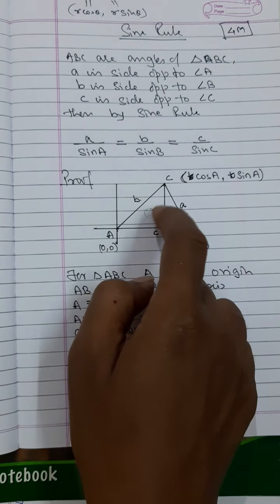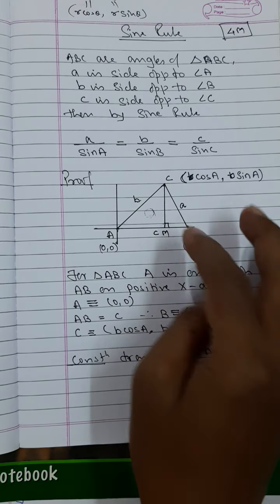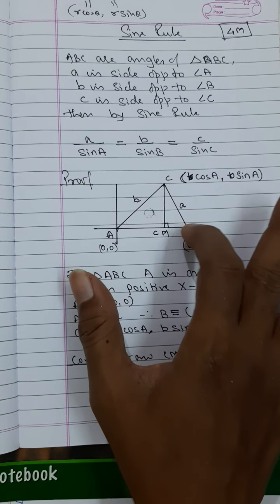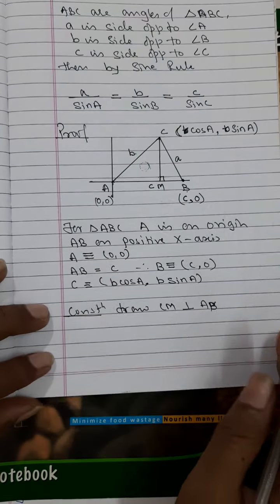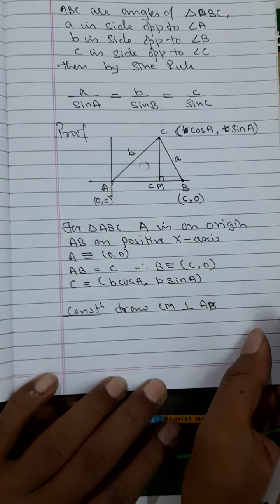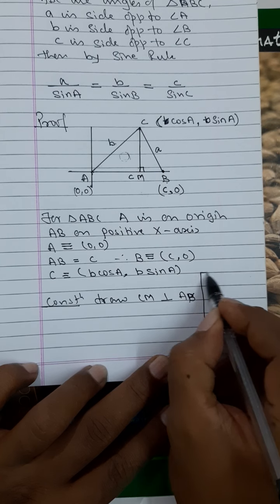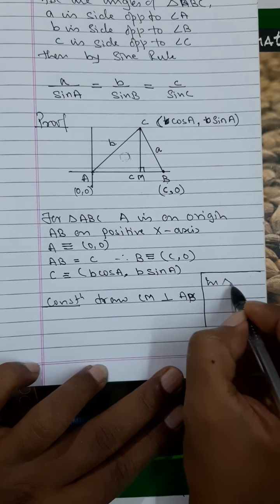Once you have to find CM from here, now you can't find CM directly in triangle CMB, because angle B has to be on the origin. So here, if I go to find CM, of course you have to be strong with your basics. You may not need to show this, but I'll just explain to you. In triangle CMA,